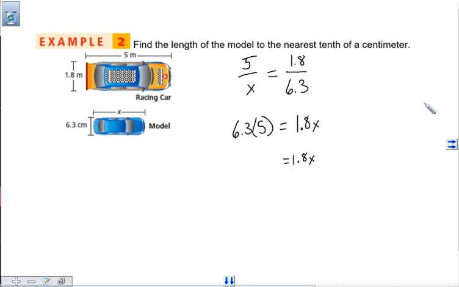And 6.3 times 5 is 31.5. And then we need to divide by 1.8 on both sides. And that gives us 17.5